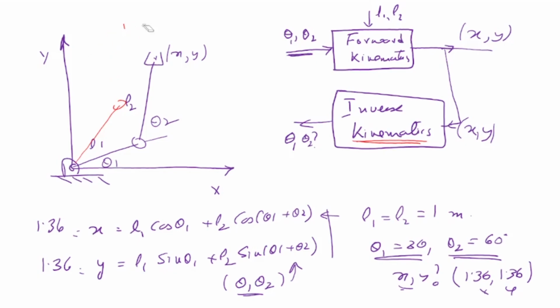Now there is a little catch. As you can see in this expression, there are cos and sine terms. Because of these cos and sine terms, it may have two solutions. What I mean is cos 0 and cos 180 have the same value. Sine 0 and sine 180 also have the same value. That means these are two solutions. So there would be two solutions.